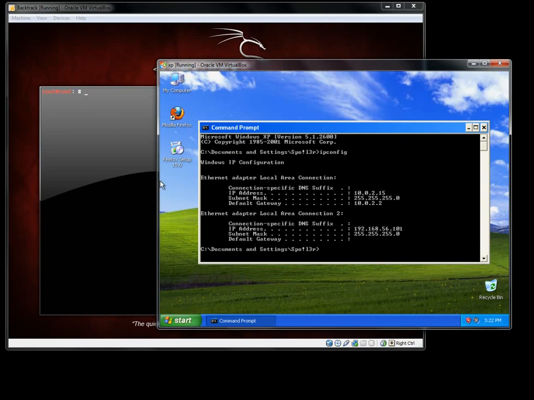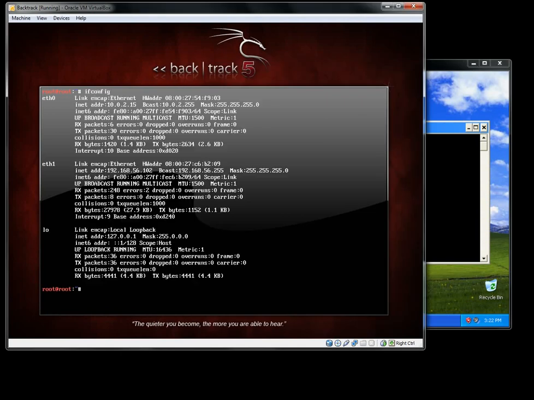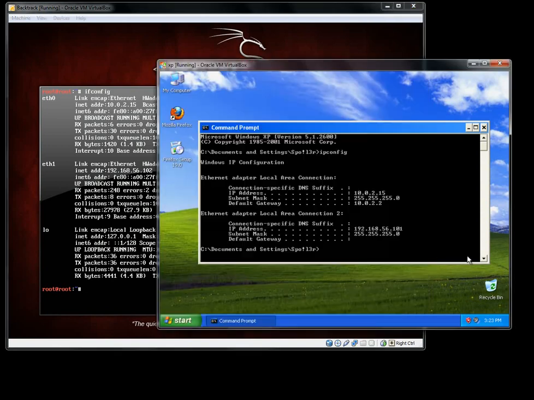Now we have to see the IP address of our BackTrack, and here it shows the IP address 192.168.56.102. So friends, let's try to ping.